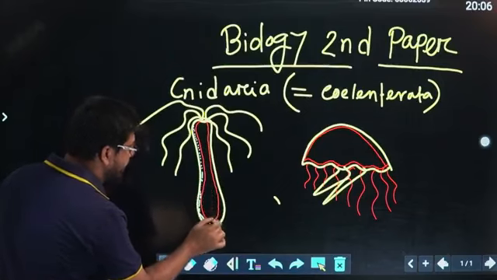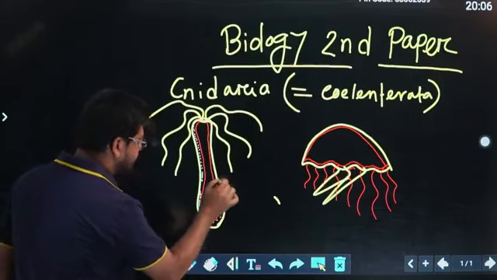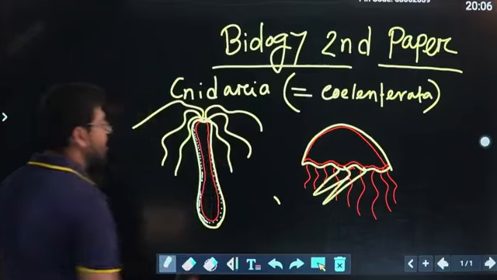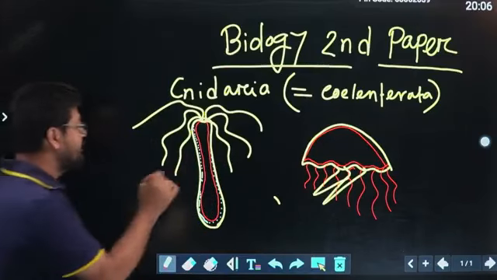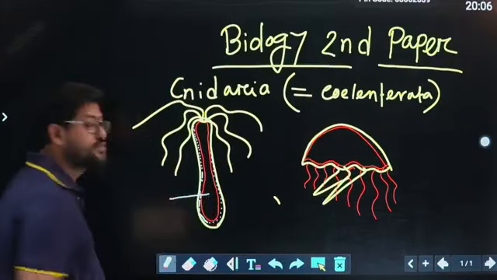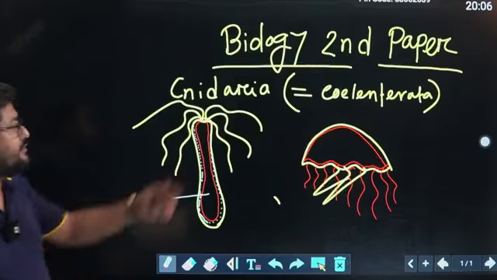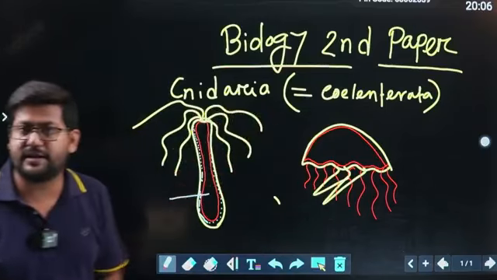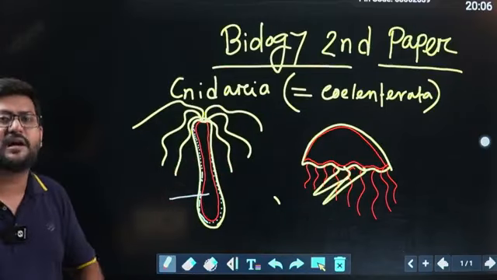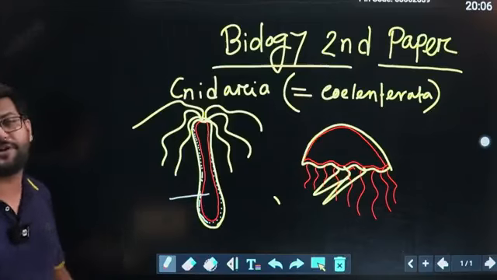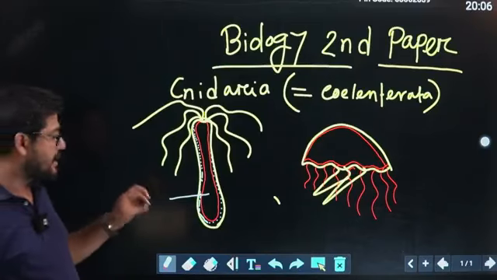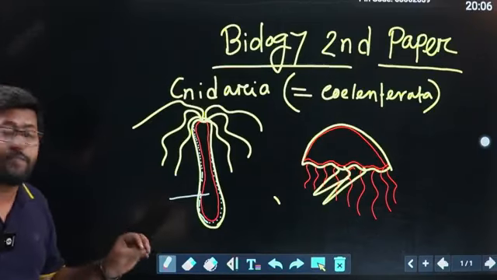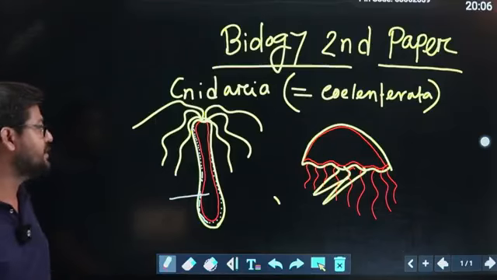As they are diploblastic in nature, both layers are separated by a jelly-like structure, and this jelly-like structure is mesoglea. And before starting my lecture, I said they have a body cavity. It is a large body cavity, known as the coelenteron because of their previous phylum name, Coelenterata. But this cavity also has great importance, and you have to know this.